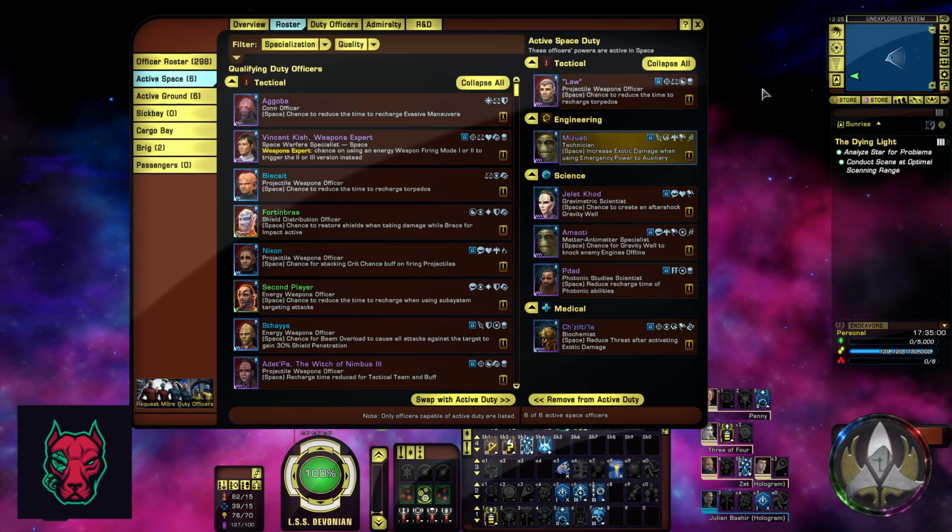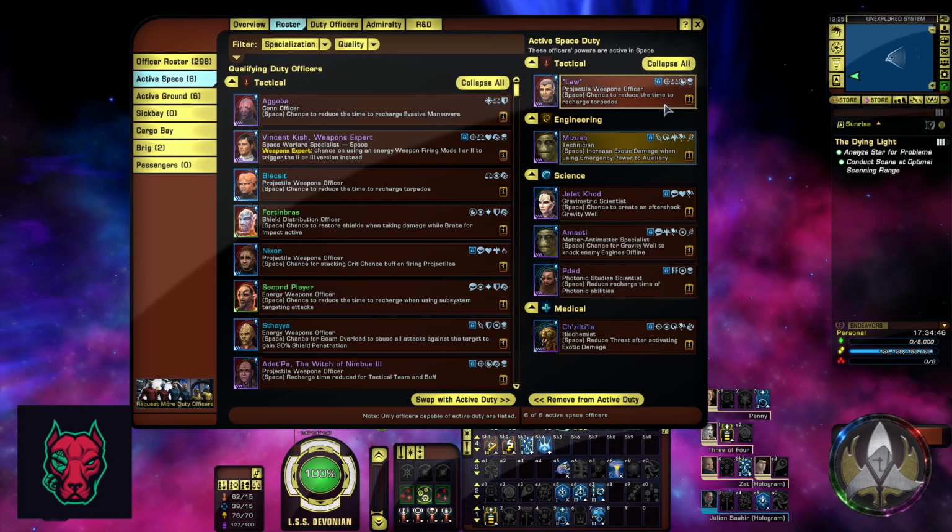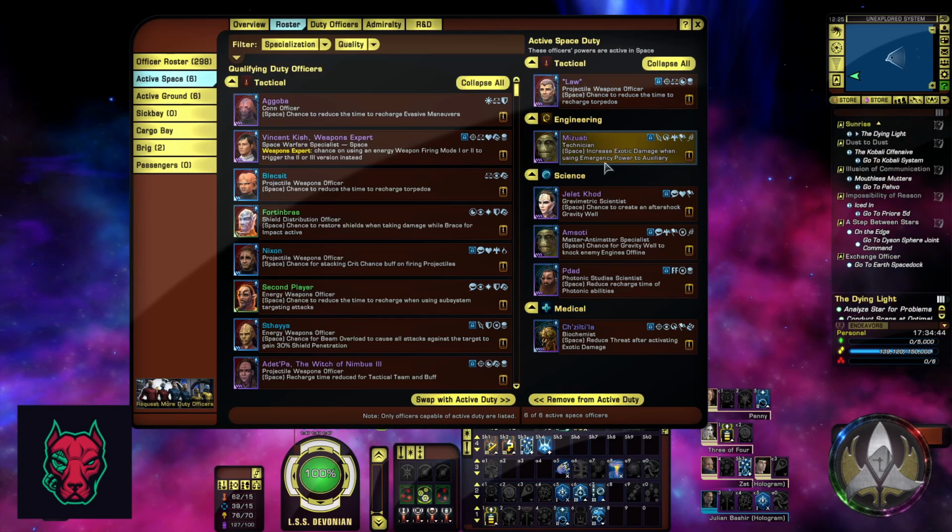However, because I don't have any specialization settings, I don't have any of the Borg duty officers, which in all honesty on this tune I really don't have a lot anyways, because I'm on my science tune, not on my main tac. So I'm using Law to recharge the time of torpedoes, the Technician to give bonus exotic when using emergency power to Aux,